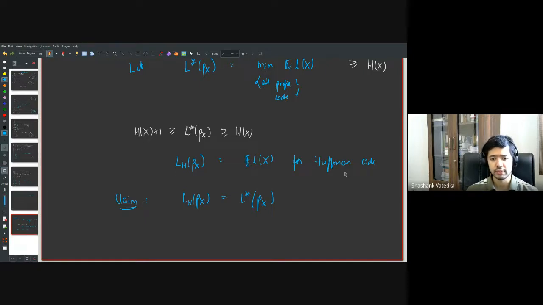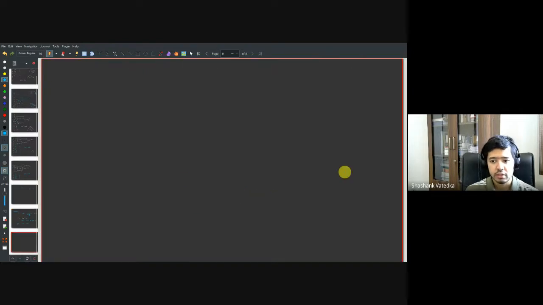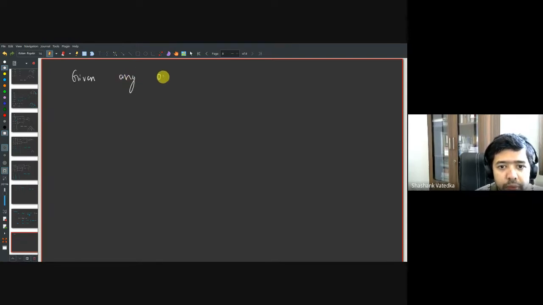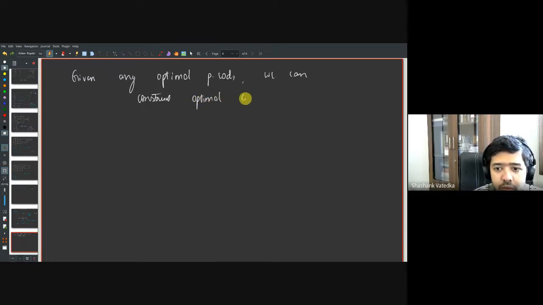Okay, so in order to prove this, we'll use some properties. Now, here's a claim. We'll prove this in the next class. Now, given any optimal prefix code, in the sense of achieving the minimum expected length, we can construct another optimal code with the following properties. One,